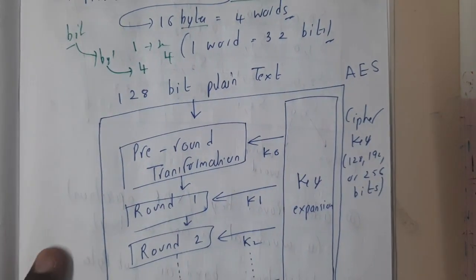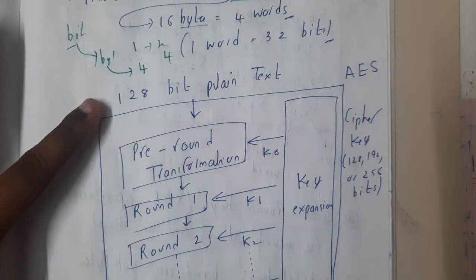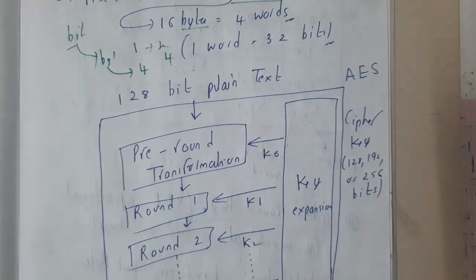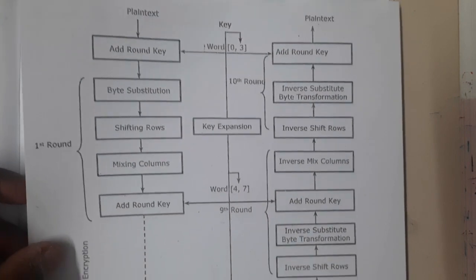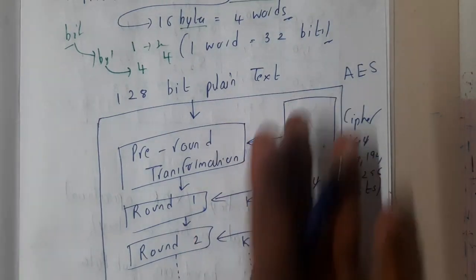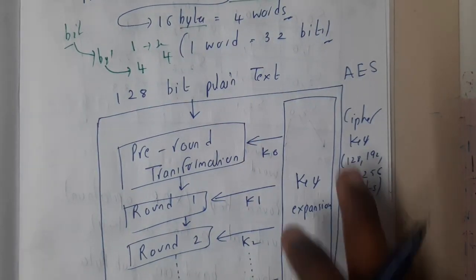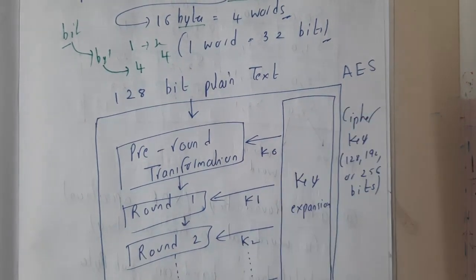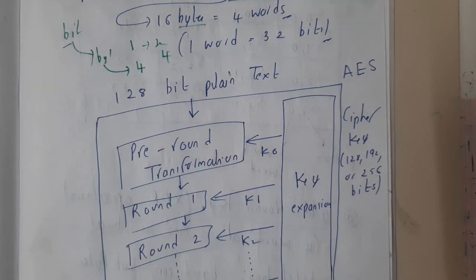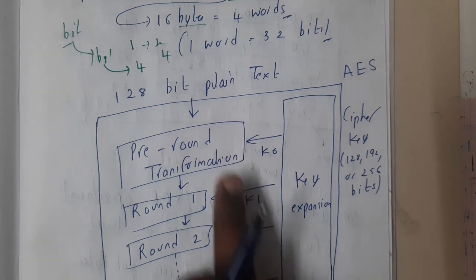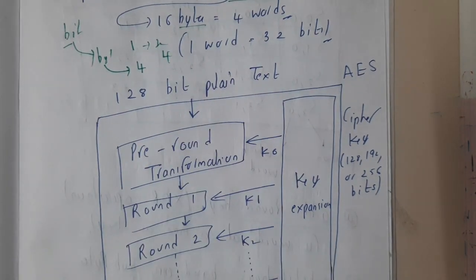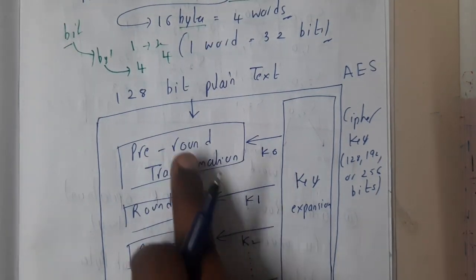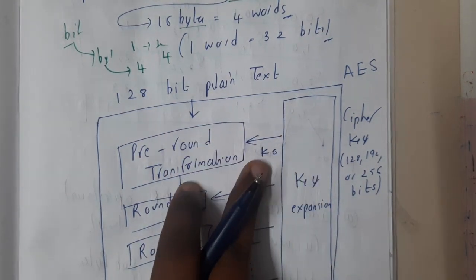Basically the flow will be in this way, guys. You will be having a key expansion. We will be going through the full diagram soon, don't worry and don't get confused, guys. I'll just go through the block diagram for now. We will be having the key, that is our full key of 128 bits or 192 or 256, and we will be having our plain text which we want to give as an input. These two will combine with key 0.